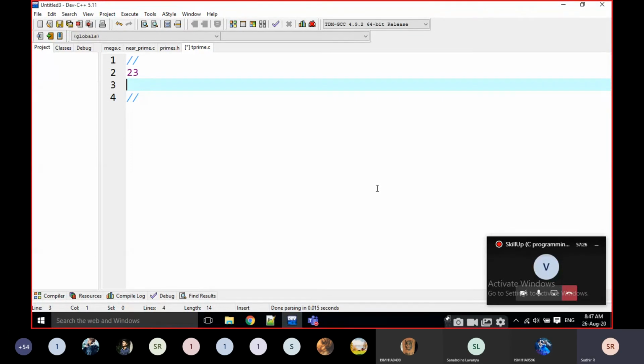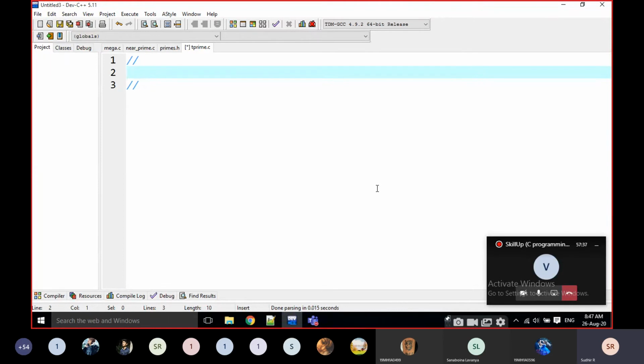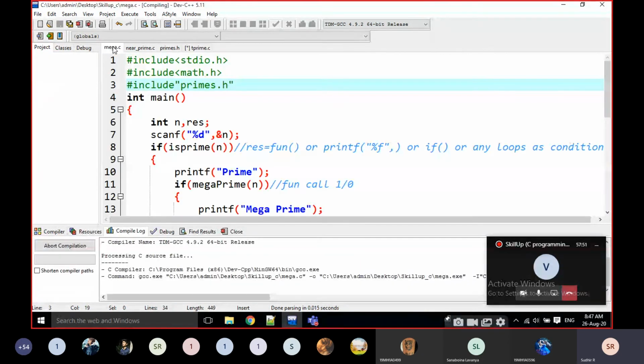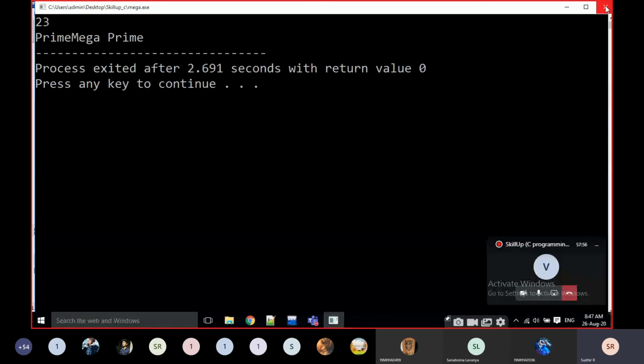If it is prime, I am going to reverse the number and check, is this prime? For example, I am going to take some number. Just wait, I'm going to check it here. Is 23 prime? Yes, it is prime.